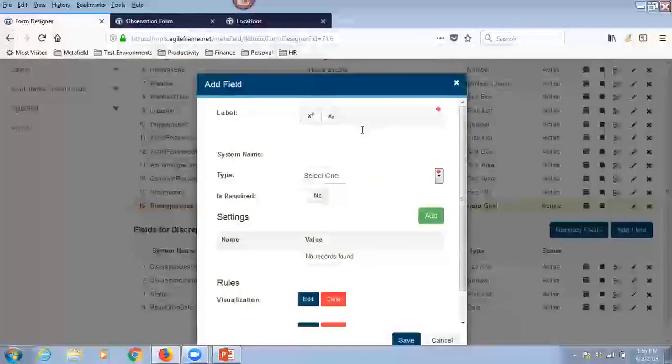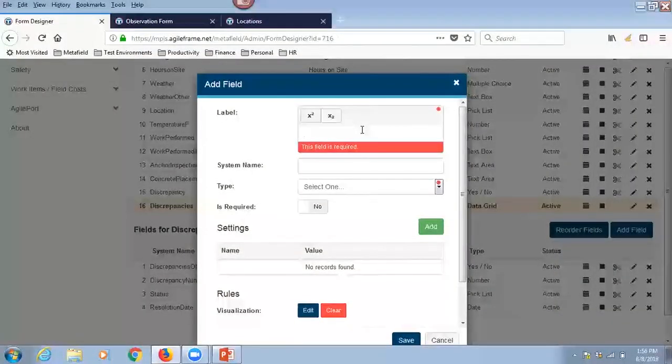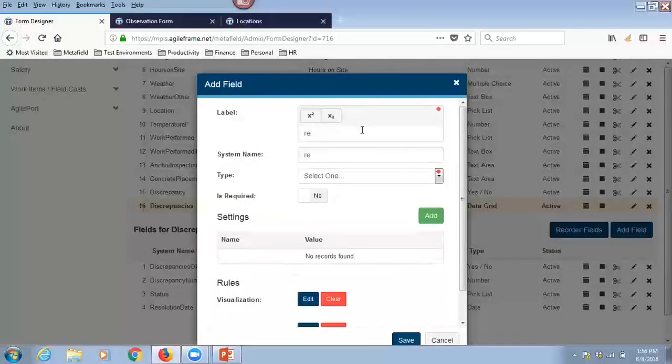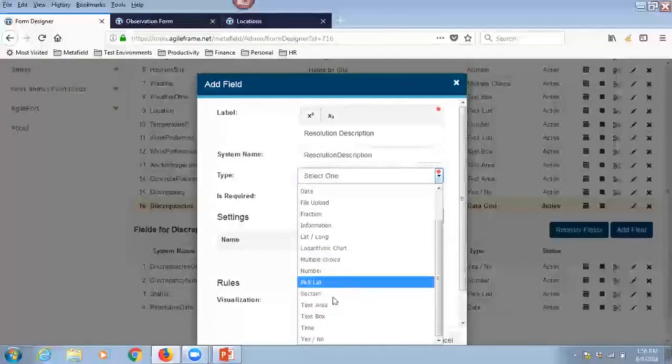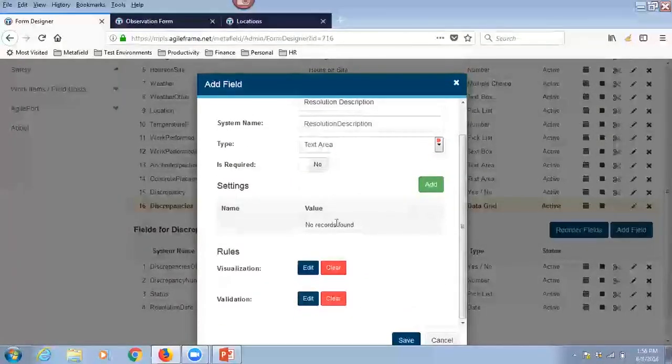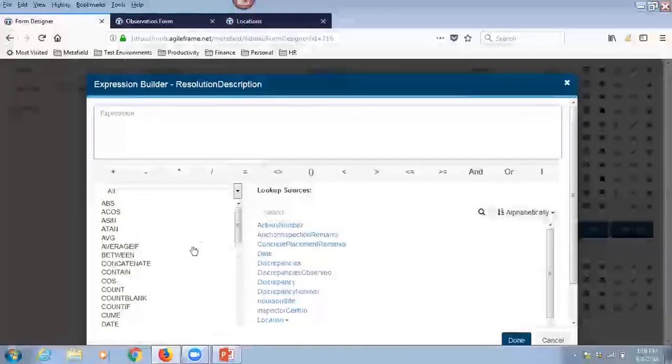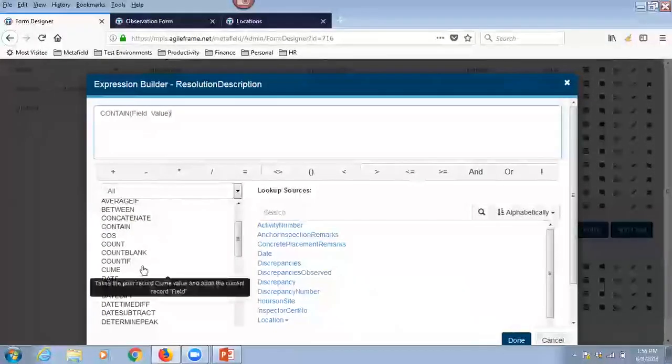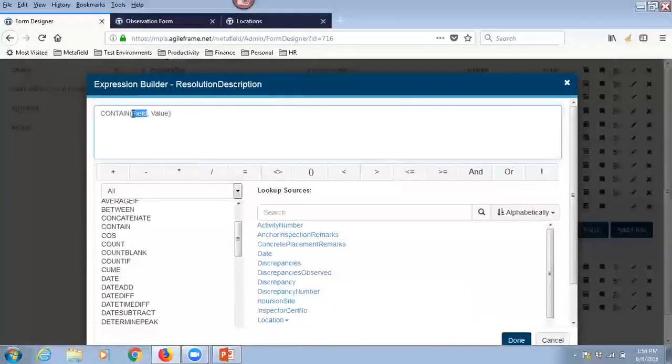All right, let's do one more. I want to know what the description of what type of work they did to resolve this. So we'll call this one resolution description, and we'll make this a text area. Okay. And actually what we want to do is maybe add some visualization rules to this as well, because we only want this to display if the discrepancy is actually closed. So if the status is closed,